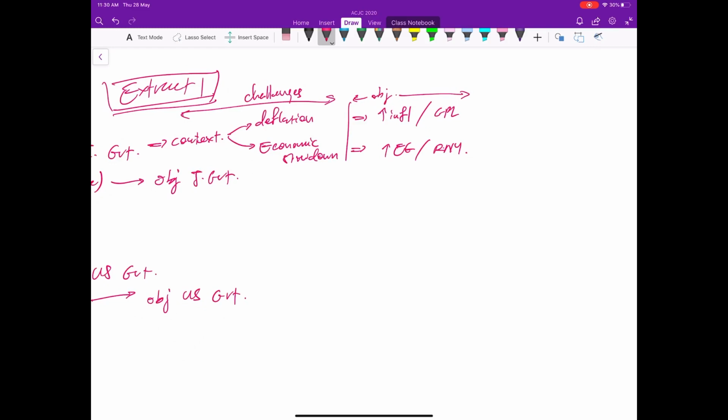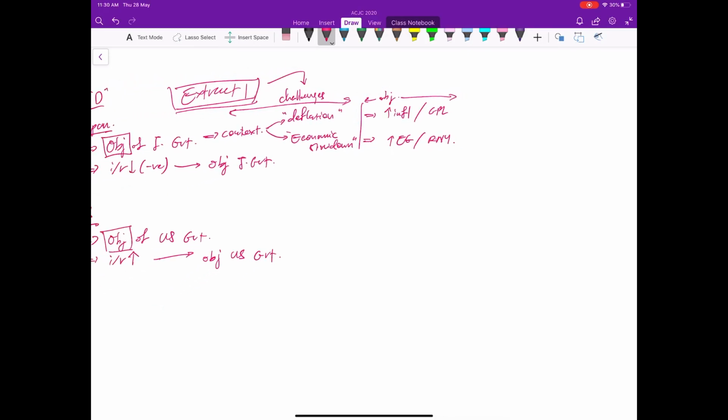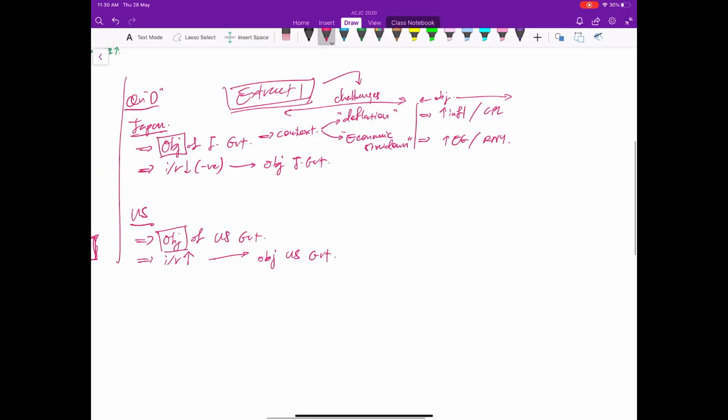Right? That's the objective of the government because of the context that Japan is going through. They are facing deflation, they are facing economic slowdown, and we see this from extract 1. So this is the reason Japan adopts a certain policy, and that policy turns out to be to